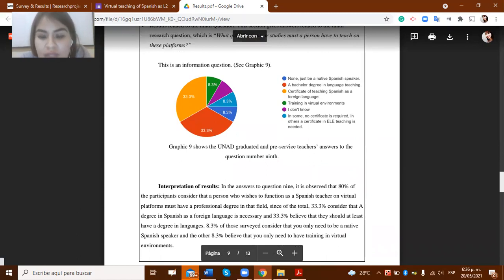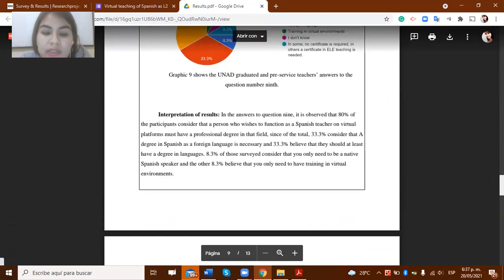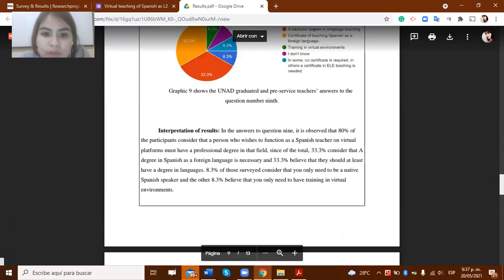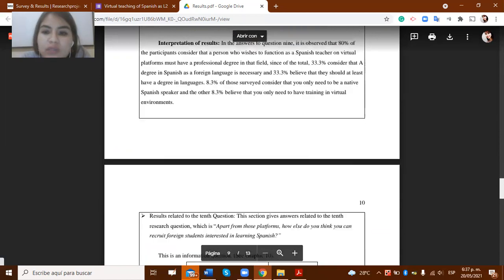Of the total, 33% consider that a degree in Spanish as a foreign language is necessary, and 33% believe that they should at least have a degree in languages. Only 8.3% of those surveyed consider that you only need to be a native Spanish speaker, and the other 8.3% believe that you only need to have training in virtual environments.